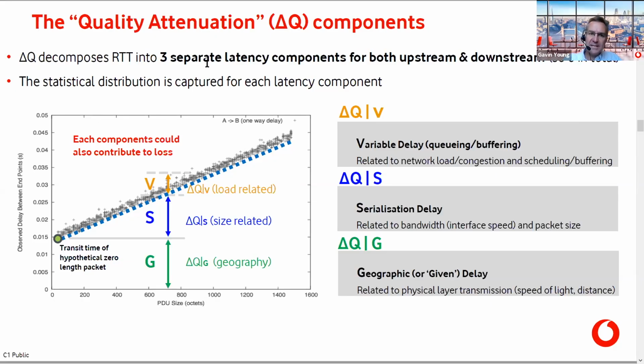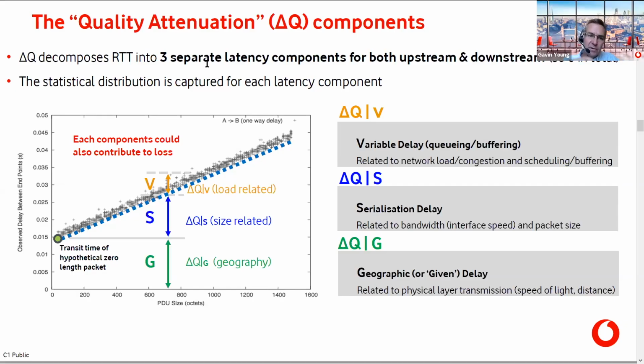The second one there is the S component, the serialization delay, and this is related to the bandwidth or the interface speed of the network boxes clocking those packets in and out across links. So if you do what's been typical in networking over the years, which is to throw bandwidth at the problem and upgrade a link speed, that S component is the only component you're really affecting. And you'll see in a network where that's been done, where you've got a very high speed link, the S component is a lot less, so it actually looks a lot flatter than having a defined gradient there.